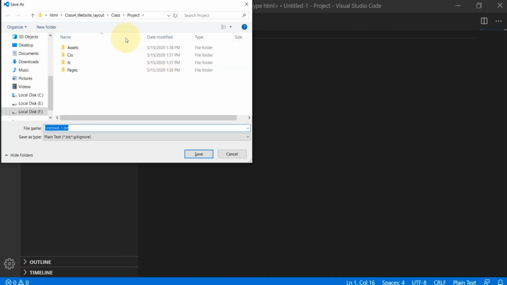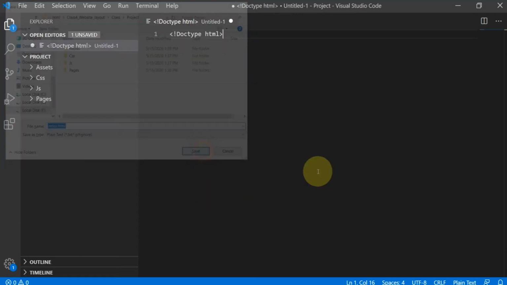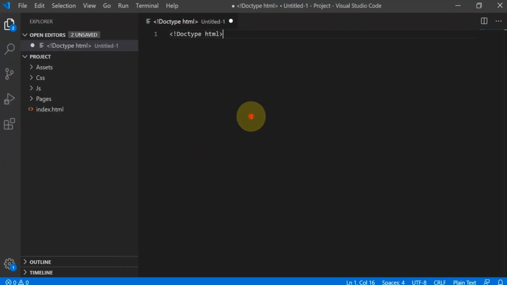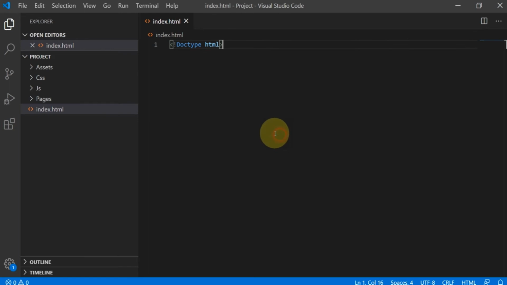I am saving this document here. This is the root level. Outside of pages we need to save index.html. The remaining HTML pages should be placed in the pages folder. I will give you clarity as we go through this project. So now I am saving index.html.